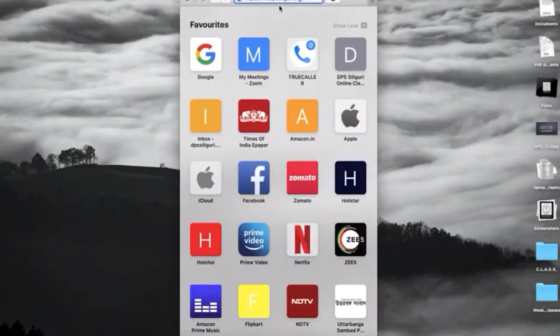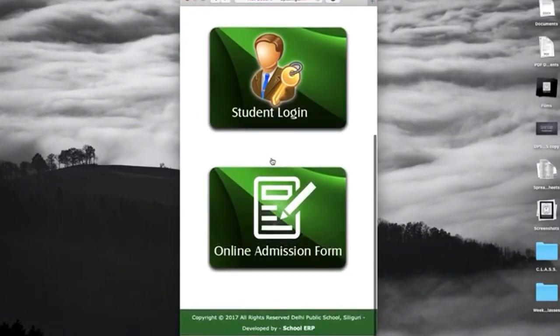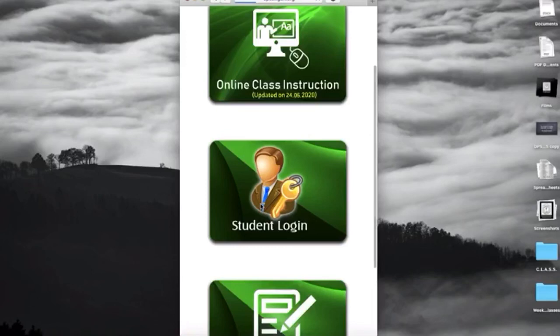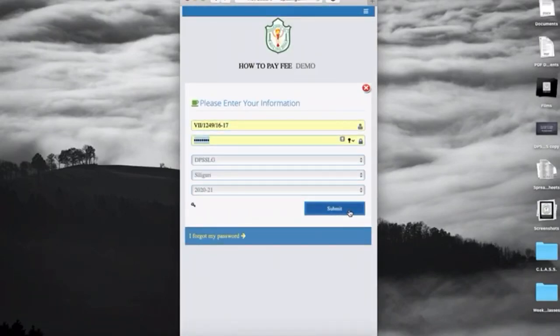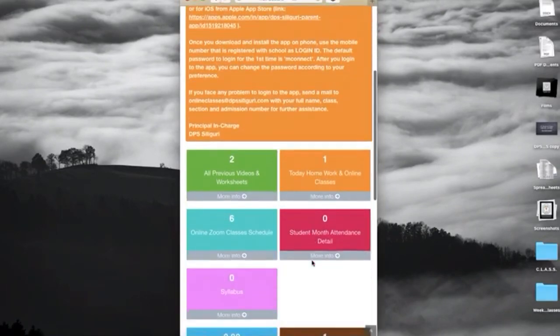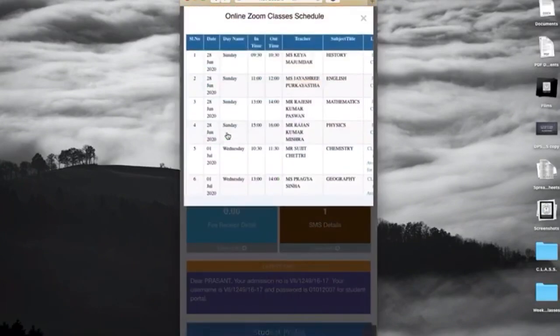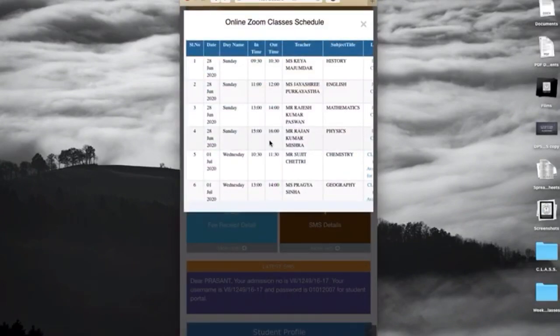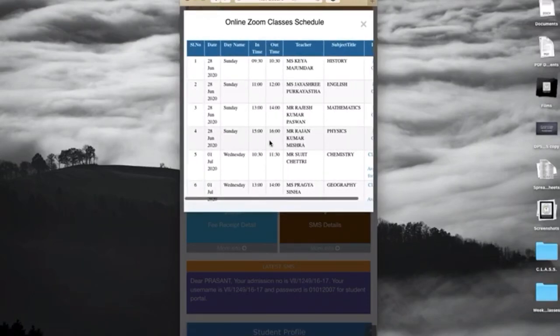So again, you open your student online portal, and you will have a view like this. You go to the student login, give your login ID and password, log into the dashboard page, and you will get a view like this. You go to the online Zoom classes and click on it. Again you will have the same pop-up. Since the screen size is smaller, you might have to scroll.